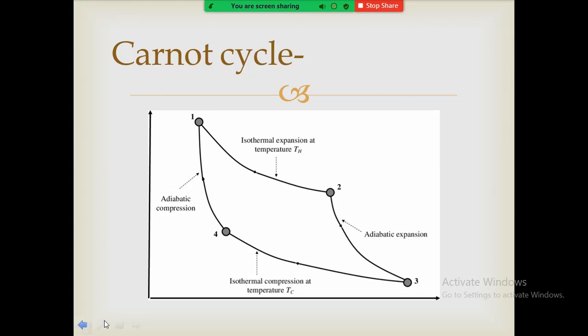So here you can see, whenever isothermal expansion is there, whatever the temperature available at the system is constant here, this is pressure, and this is volume. And whenever adiabatic expansion is there, during that expansion there are no